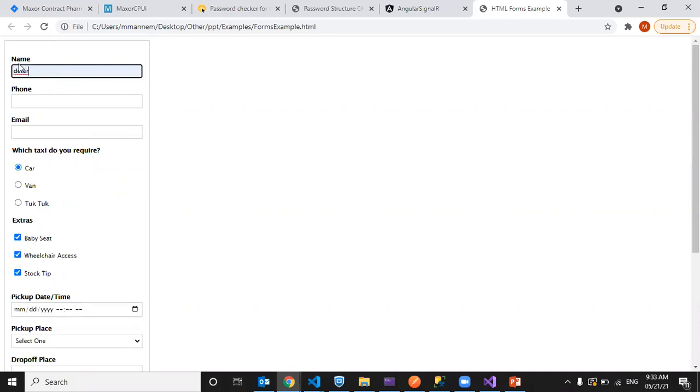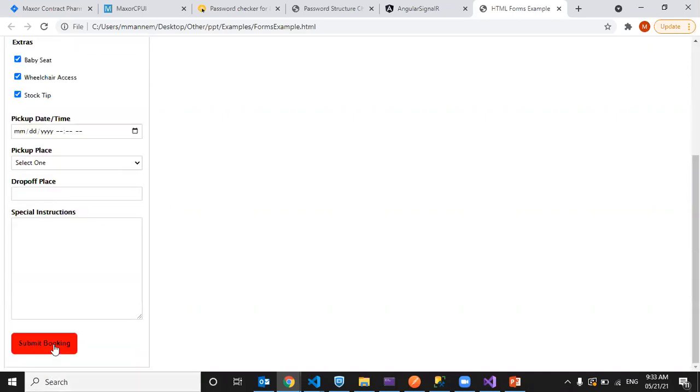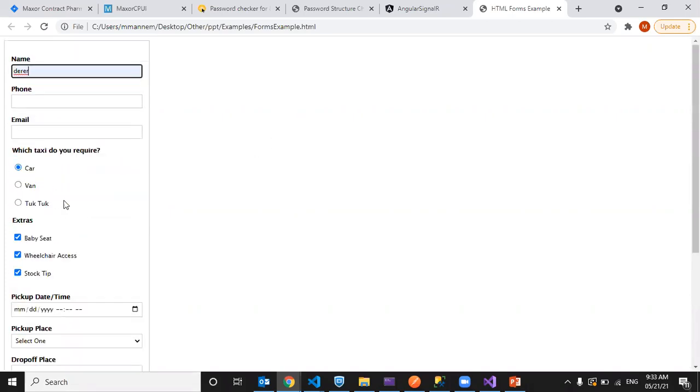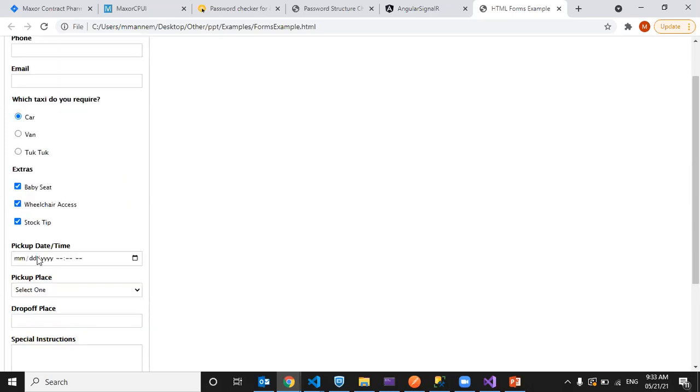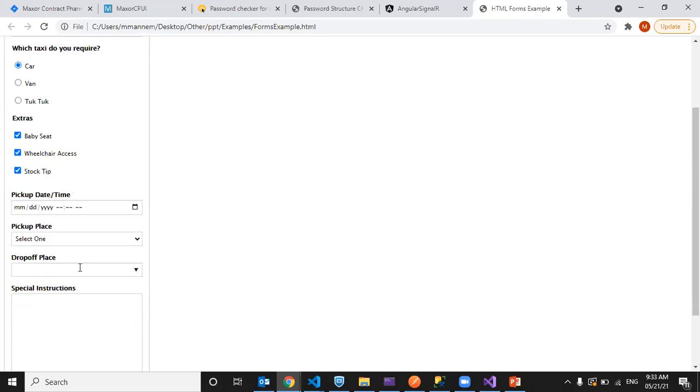Also, when I click submit, the request will be submitted to the server. At the server side, you will check whether all details are entered or not. If not entered, you will throw an error in the form of a validation message that will be displayed here: please enter phone, please enter email, please select taxi type, please select pickup date, please select pickup place, please select drop place.